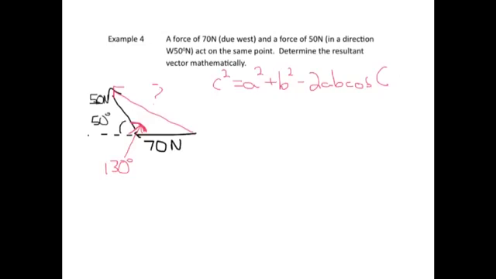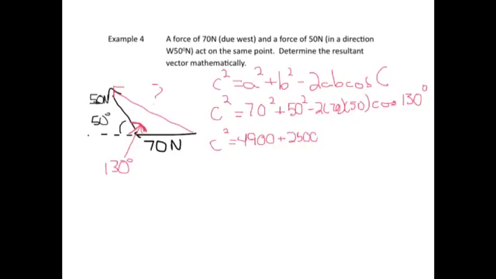So now all we have to do is fill in, and if you're wondering, A and B don't matter, they can be switched and flip-flopped. 70 squared is 4,900. 50 squared is 2,500. The last piece we can do all in one step. So 2 times 70 times 50 times cosine of 130,